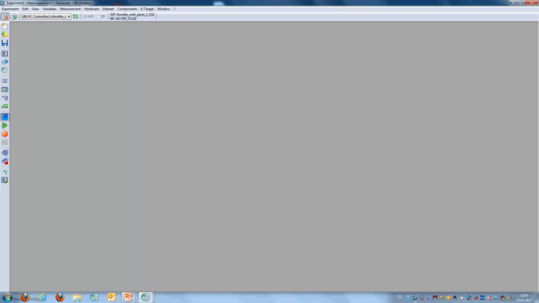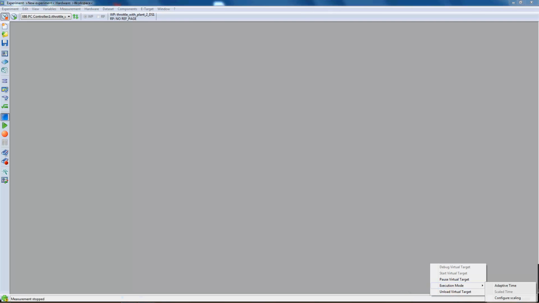Now let's take a brief look at the VRTA execution environment. It becomes available in the Windows system tray. It allows the Inca user to change the simulation performance from scaled mode to adaptive timing. Scaled mode executes the control basically like in real time, of course with all the constraints of the Windows operating system, whereas adaptive timing maximizes the execution performance of the control by eliminating all idle times of the operating system.